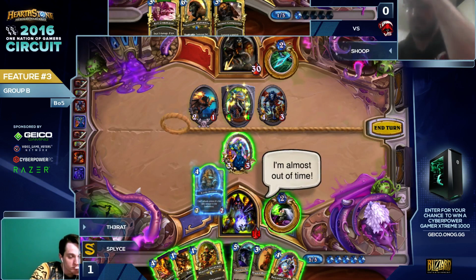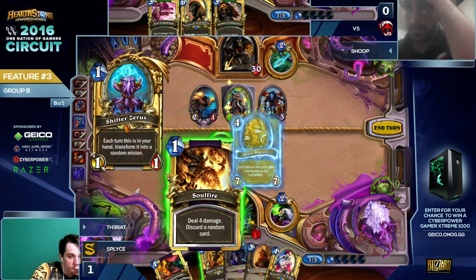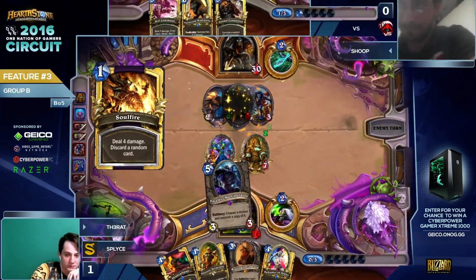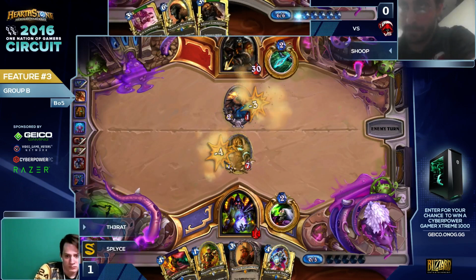Yeah. This sets up for a really big Shadowflame going into next turn. Also, Defender of Argus too. This isn't too bad. This is a pretty interesting line. But if he discards that Defender of Argus, all right. Well, Faces Manipulator is not too shabby,